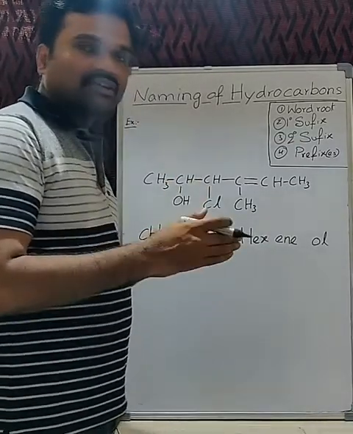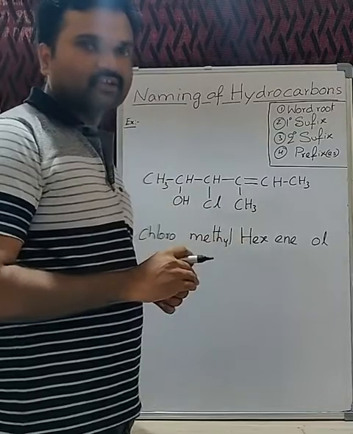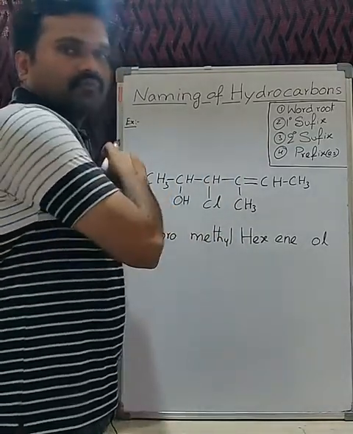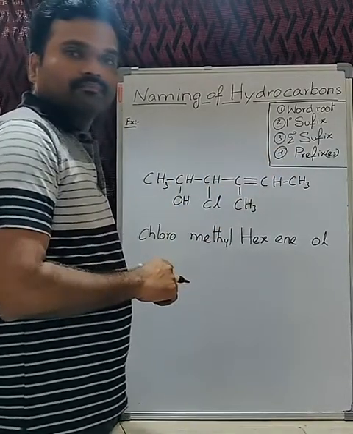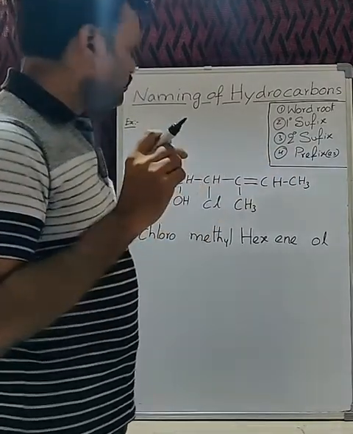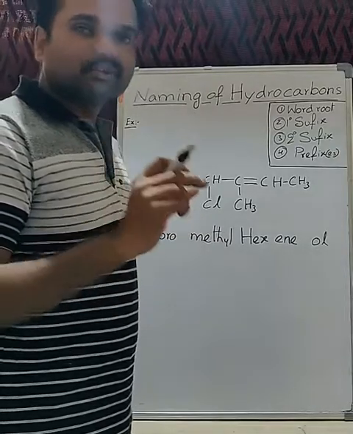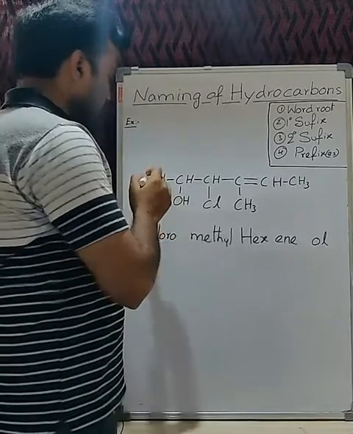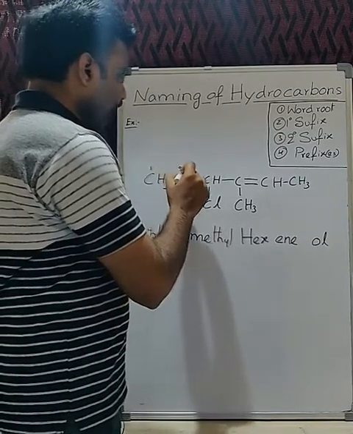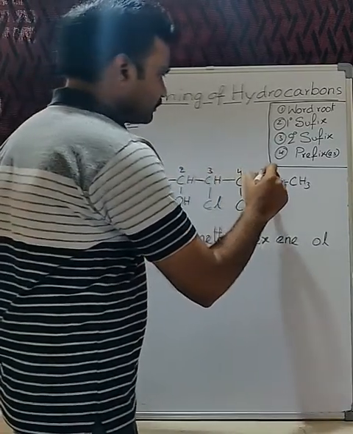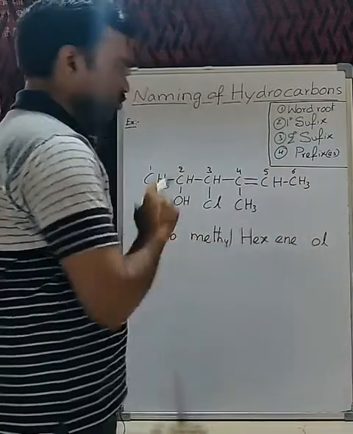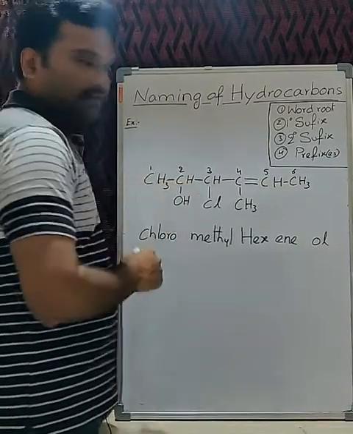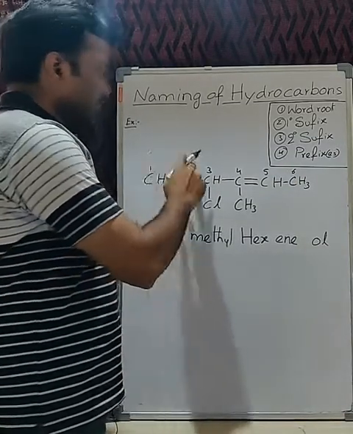And now let us number these carbon atoms, because all these functional groups, additional side chains and halo groups should be mentioned with the numbers of the carbons on which they are attached in the main chain. This numbering can be done in two ways, as we know, either from left to right or right to left. But the way which gives the lowest number for the functional group is correct, the other one will be wrong. By numbering from left to right, the carbon with the functional group gets the lowest number. If the numbering is given the other way, this gets 5. So that will be wrong numbering. Now it is correct.